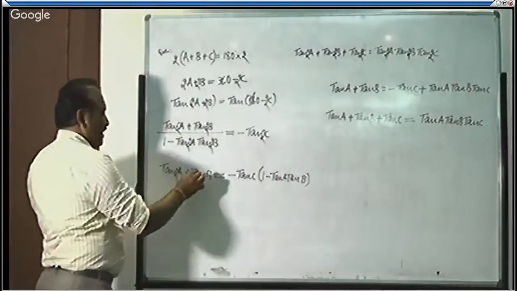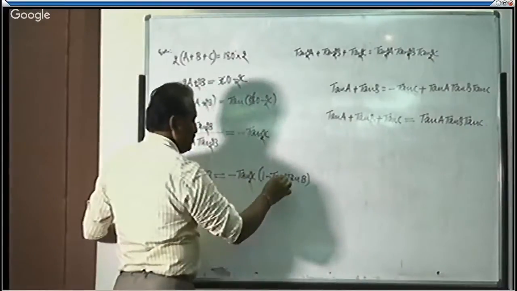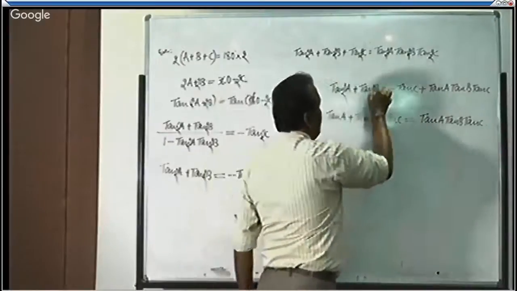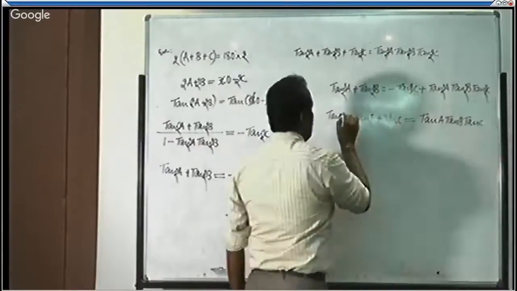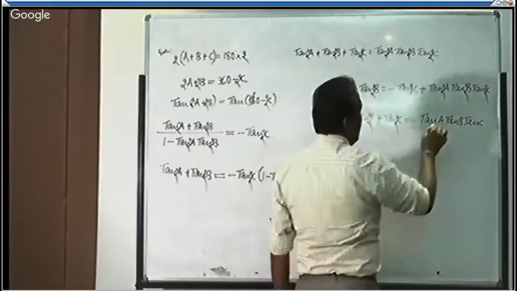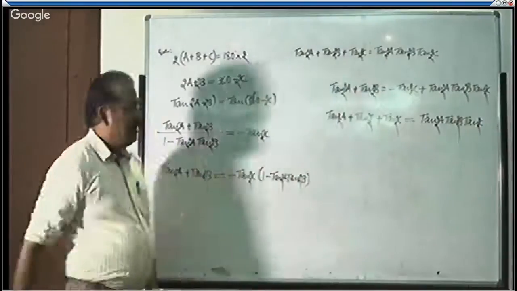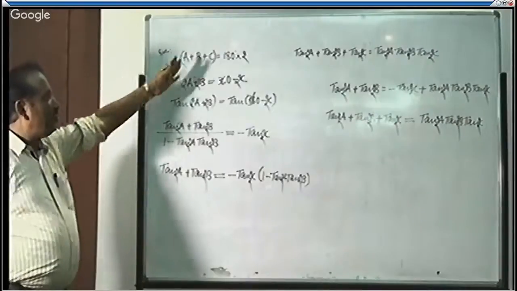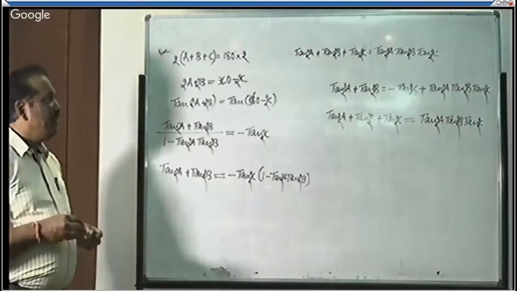Now it is tan 2A tan 2B. Transfer the denominator to the right hand side. It becomes minus tan 2C into 1 minus tan 2A tan 2B. The same old LHS, it is tan 2A plus tan 2B. If you transfer minus tan 2C to the left hand side, it becomes plus tan 2C. The remaining thing is tan 2A tan 2B into tan 2C on the right hand side. In this fashion also, with respect to the requirement, we have to change the concept this way. So this is how we have to make the required data.